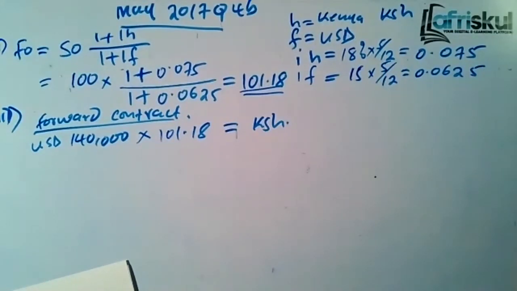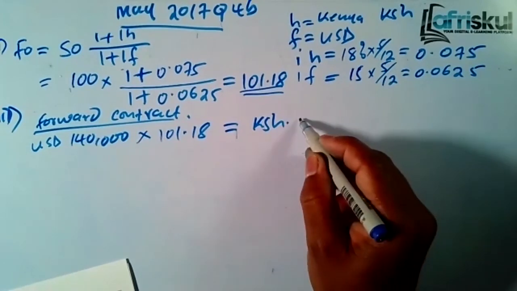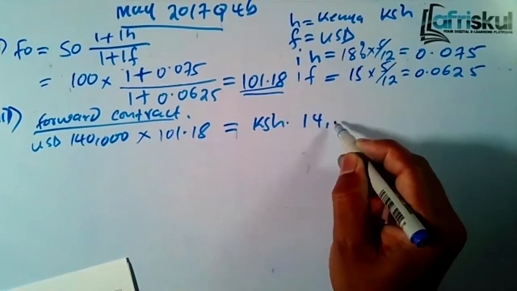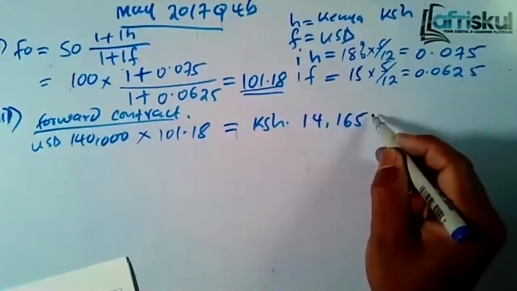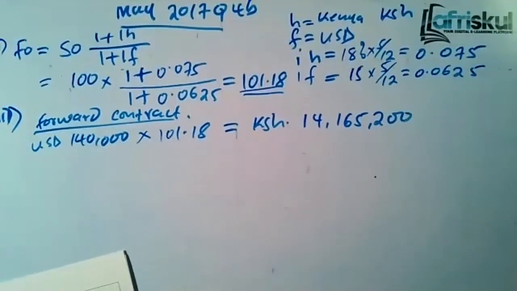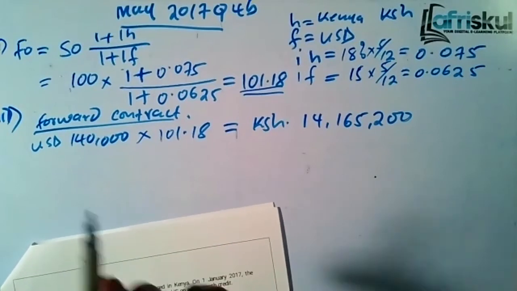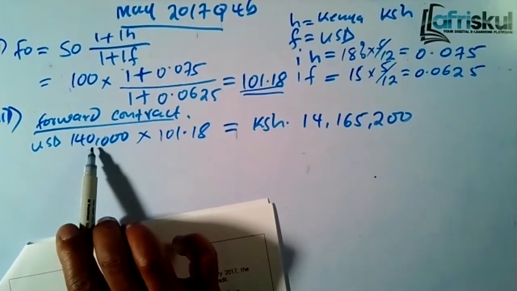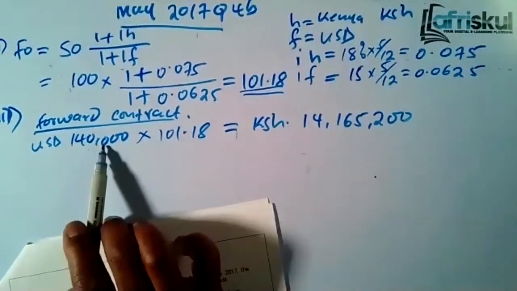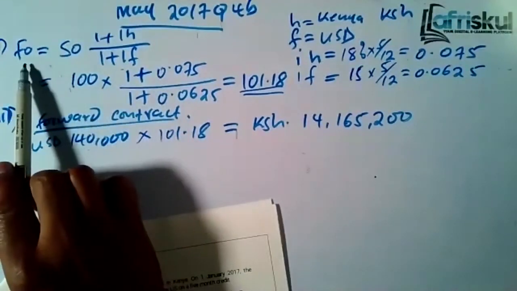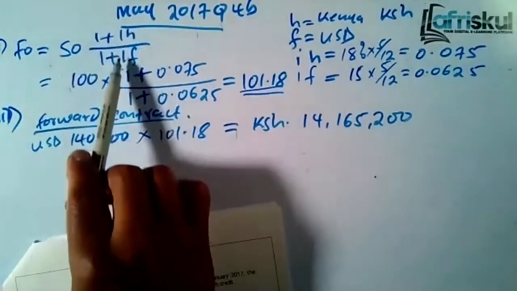So you'll get 14,165,200. That's the forward contract. Now for the forward contract, in 5 months' time, taking into consideration the interest rate, you take the 140, which is the amount we are supposed to receive, but we have seen the forward rate, taking into consideration the interest rate, would be